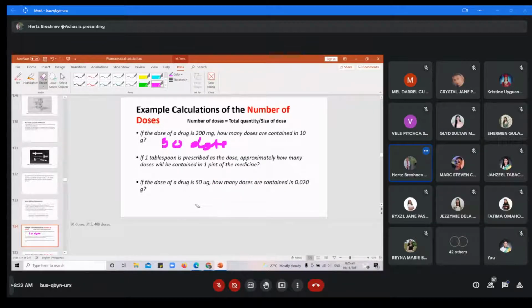So number 2, if 1 tablespoon is prescribed as the dose, approximately how many doses will be contained in 1 pint of medicine? Now, 1 pint is equivalent to 473 ml. And 1 tablespoon is equivalent to